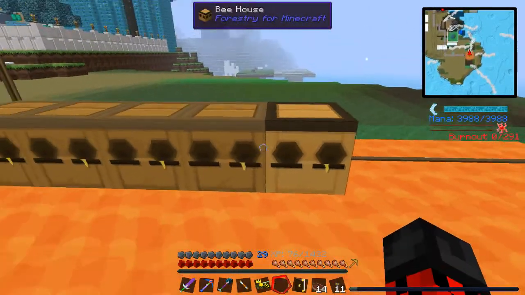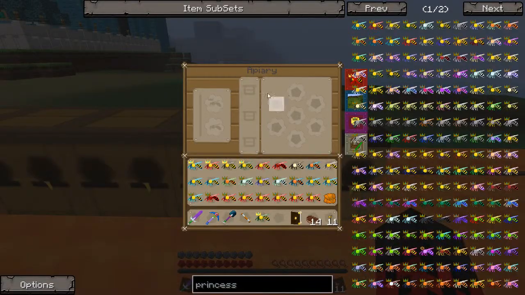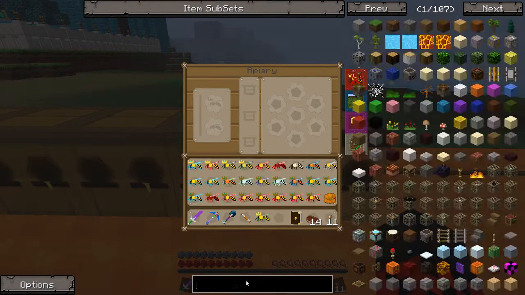Now, you might be saying, wow, those look really similar, but they're actually really different. The difference between these is the bee house, as you can see, has these 6 slots here and the 2 for the bees, and this has these 6 slots, but it has these 3 frames. And if you look up frame,